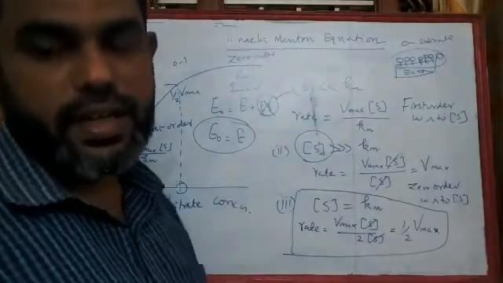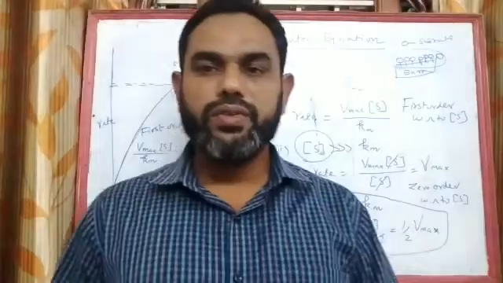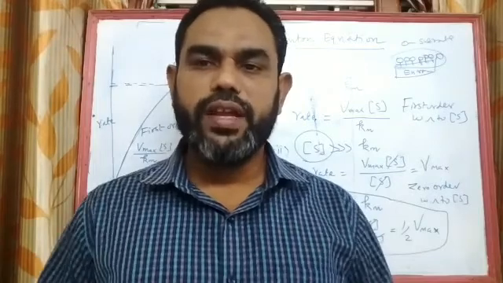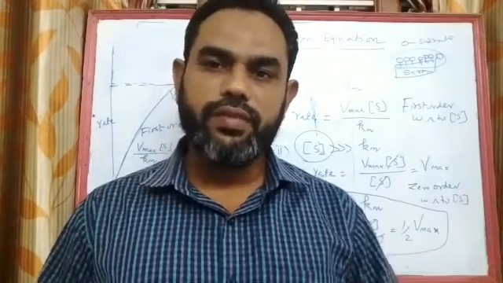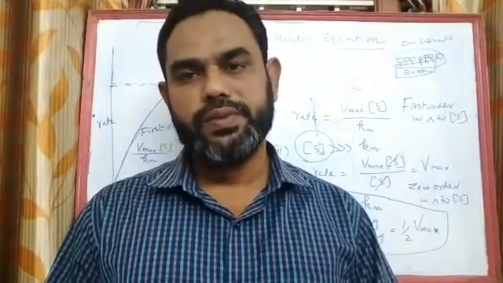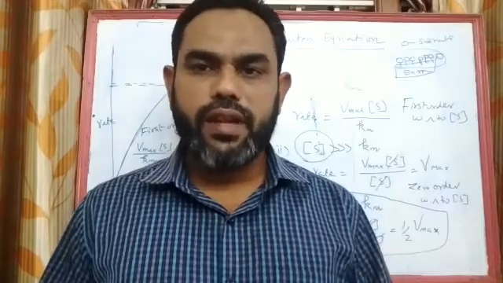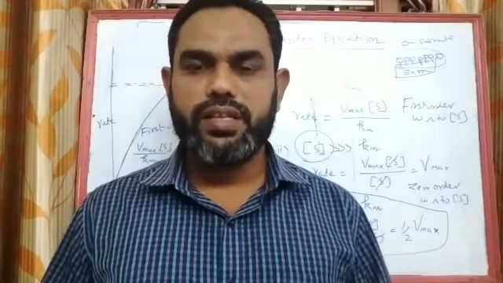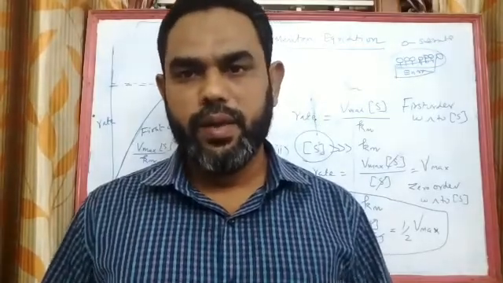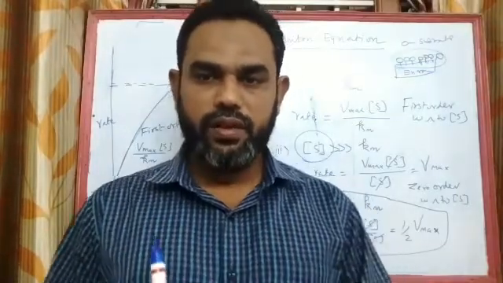If you further increase the substrate concentration, the reaction won't increase because there was no available free enzyme. There is no free enzyme. All the free enzyme has already been converted into enzyme substrate complex. Is it clear? So no free enzymes are available, no reactive sites for the substrate. So if you further increase the substrate concentration beyond its maximum velocity, the reaction velocity remains constant.